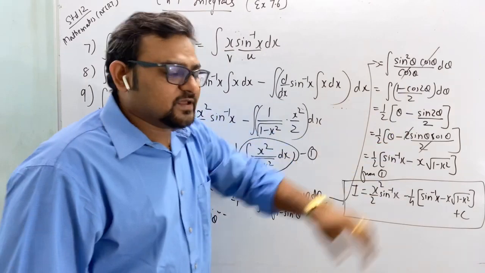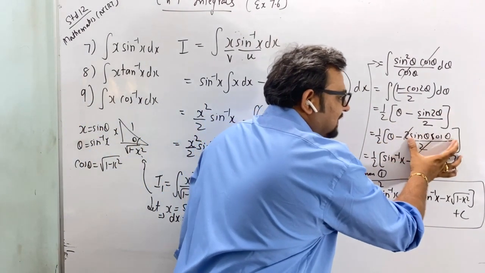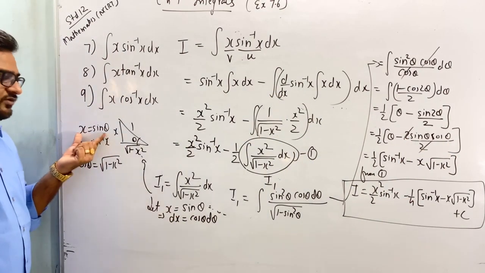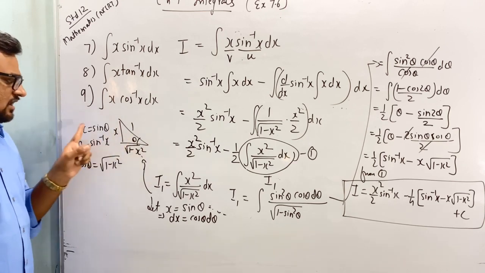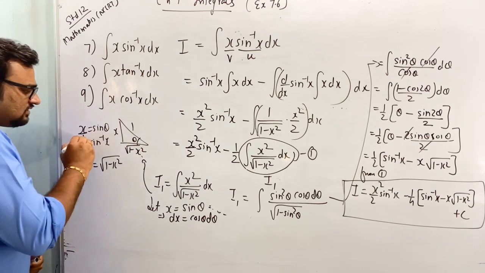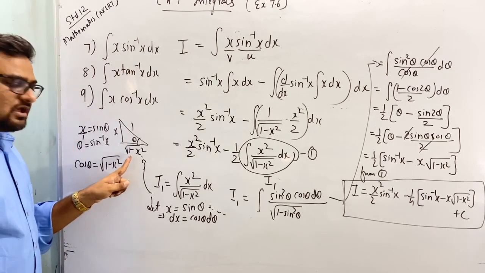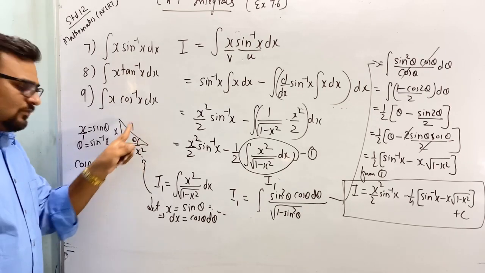And now this is an important point. Sine 2 theta is 2 sine theta cos theta. Now how to replace this theta? That is based on your assumption. I had assumed x equal to sine theta. So when I make a triangle, sine theta is opposite x upon hypotenuse. Using Pythagoras we will complete this. So cos theta will be adjacent by hypotenuse.